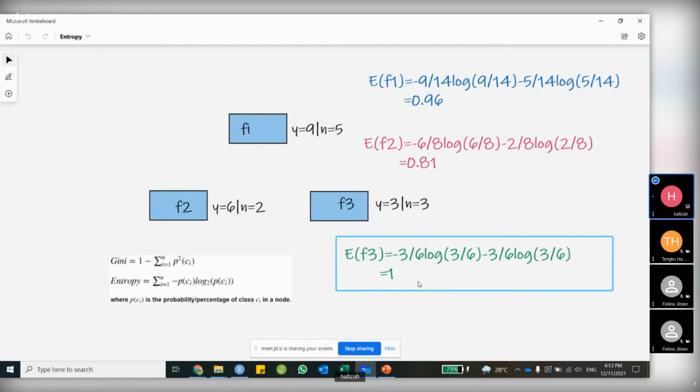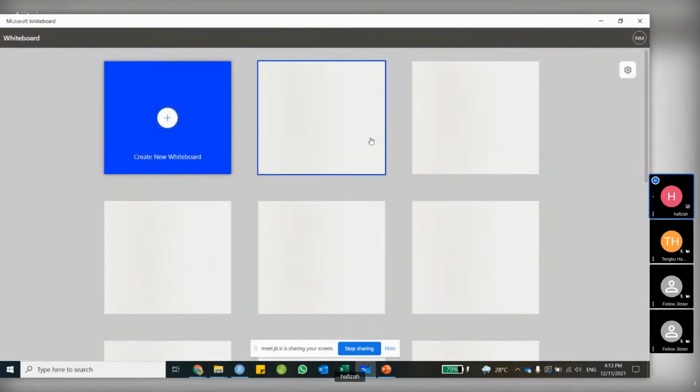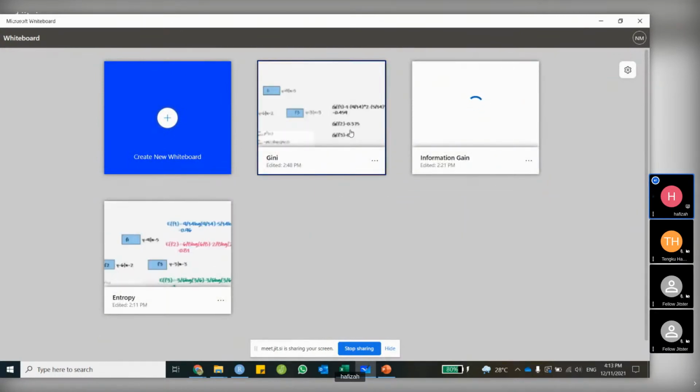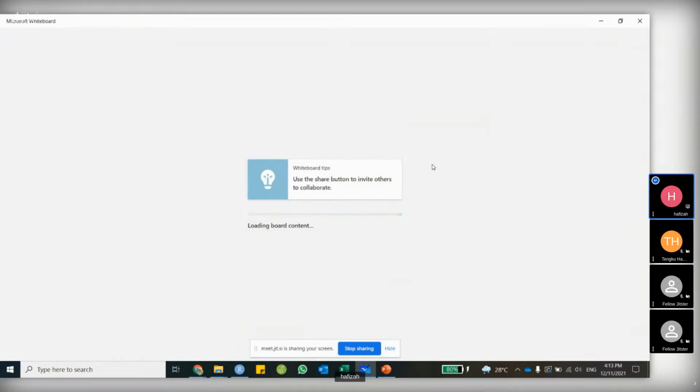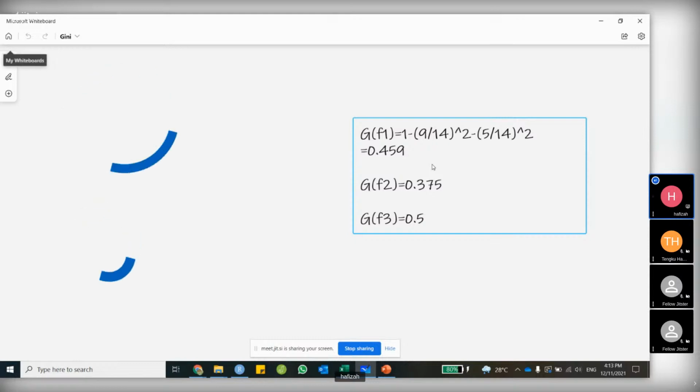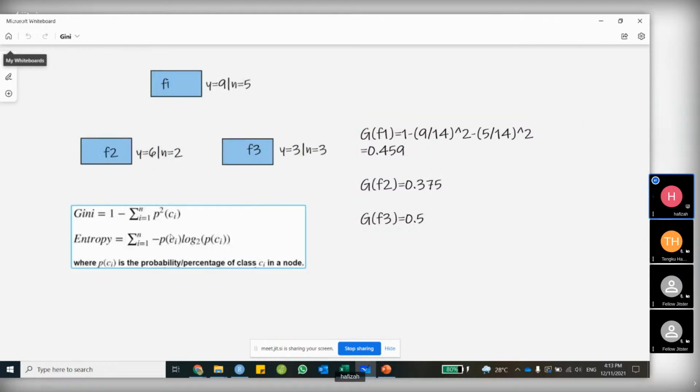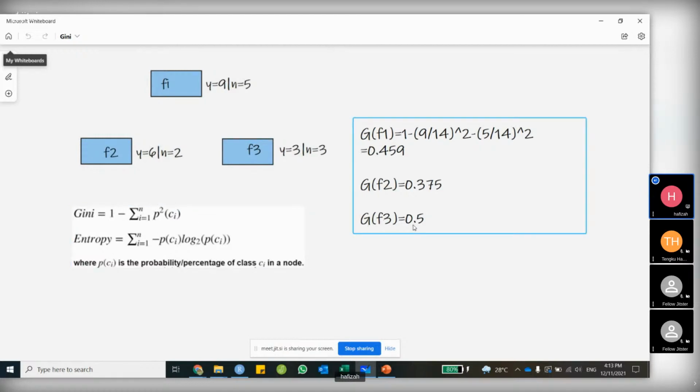But if we use the same values for Gini, you will have 0.5 for the 50-50 case. So use the same data and put all the values into the Gini formula. The highest value you will get, the most impure data, if you are using Gini, is 0.5, the maximum. So if we plot the data,